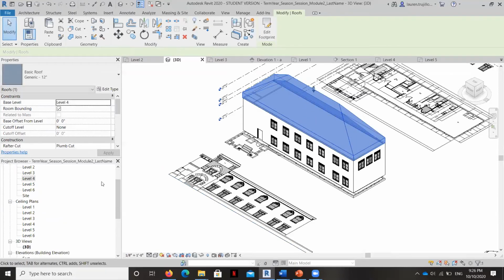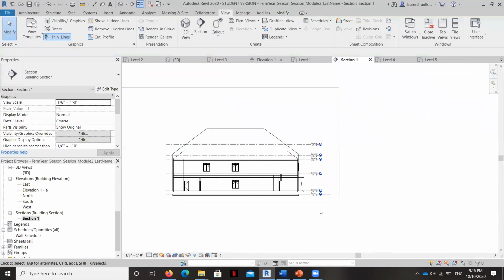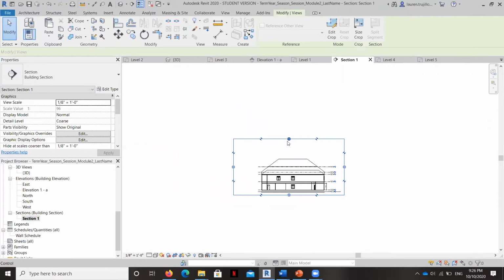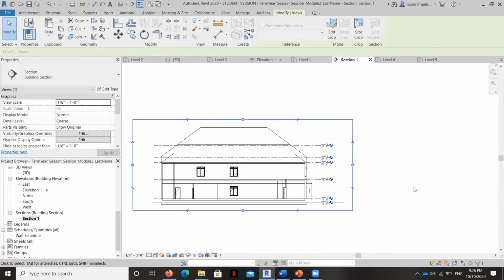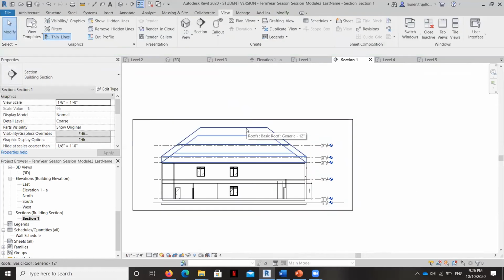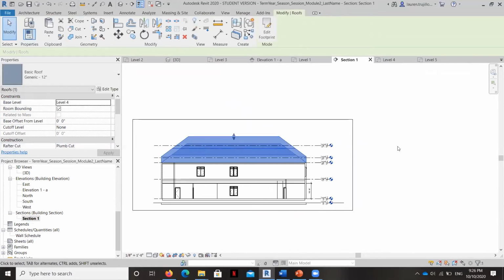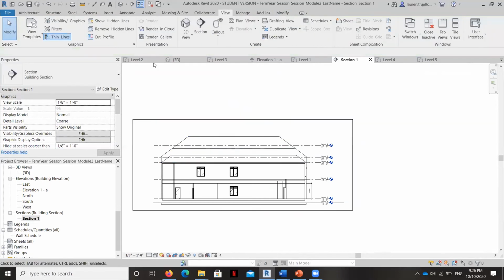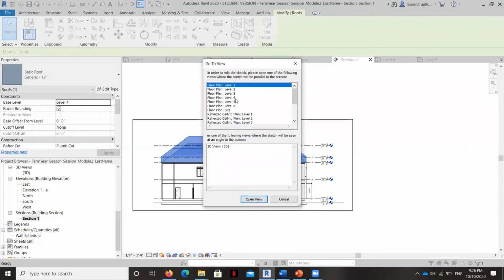Let's look at this in section. Okay, so you can see here, I've got my crop window. Okay, we can lower and raise this rather easily as well. Okay, we can also edit the footprint. It's asking us what view we want to see it in.